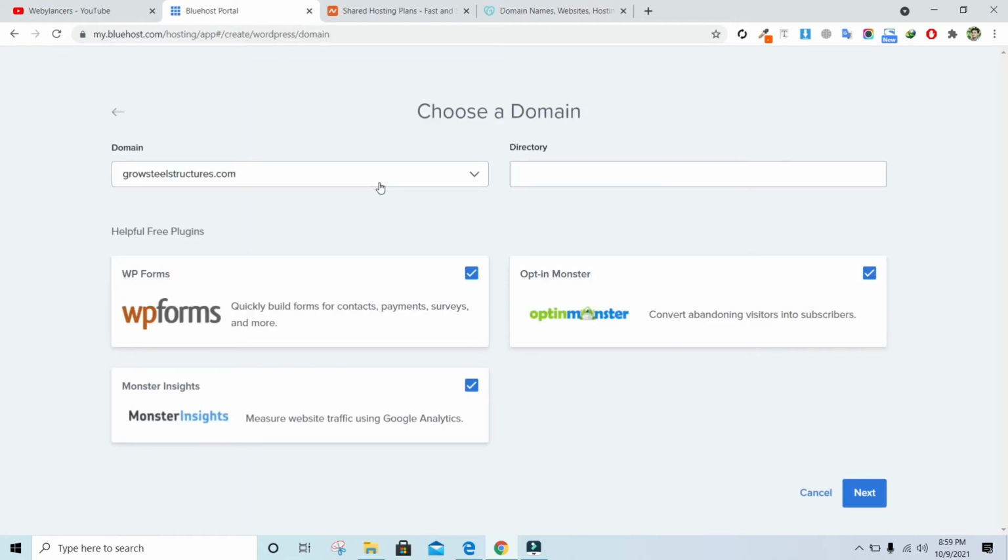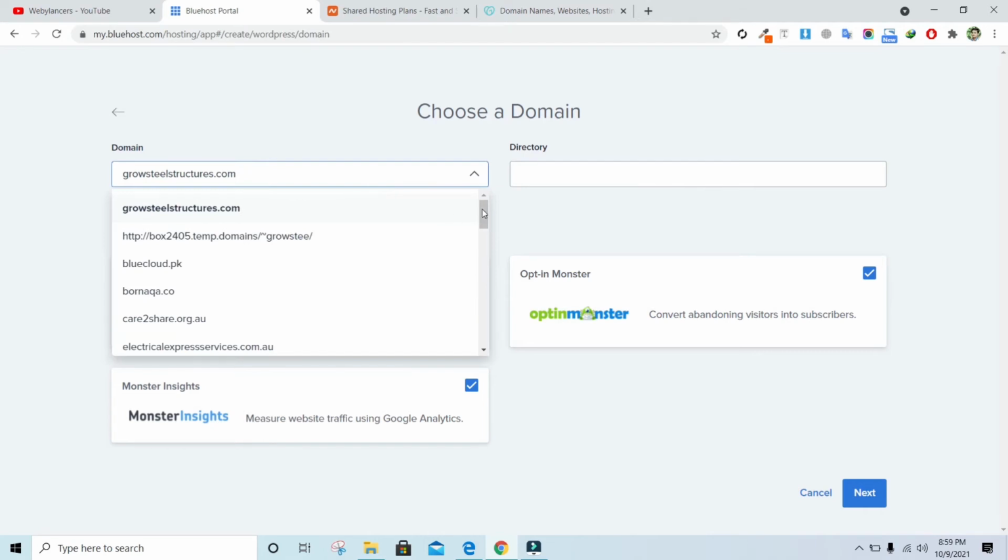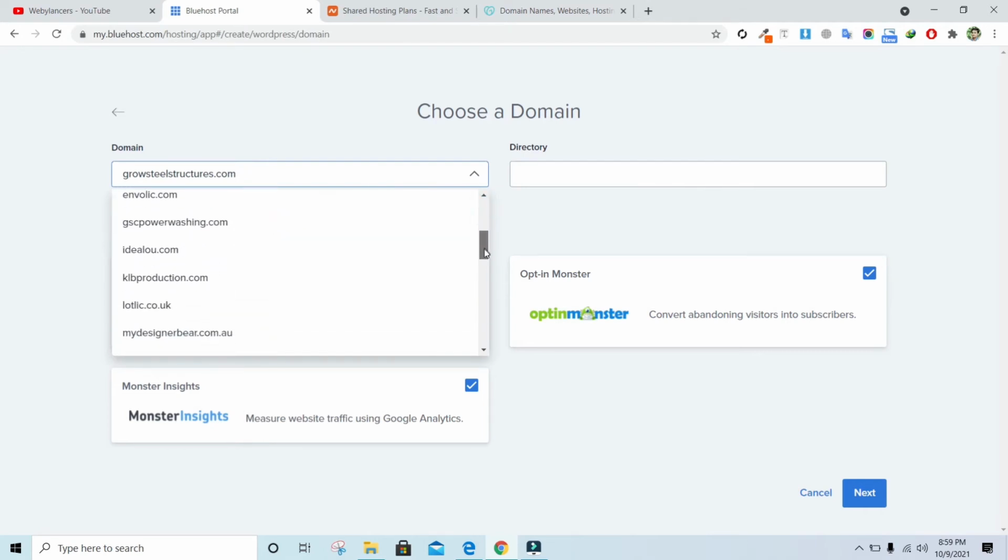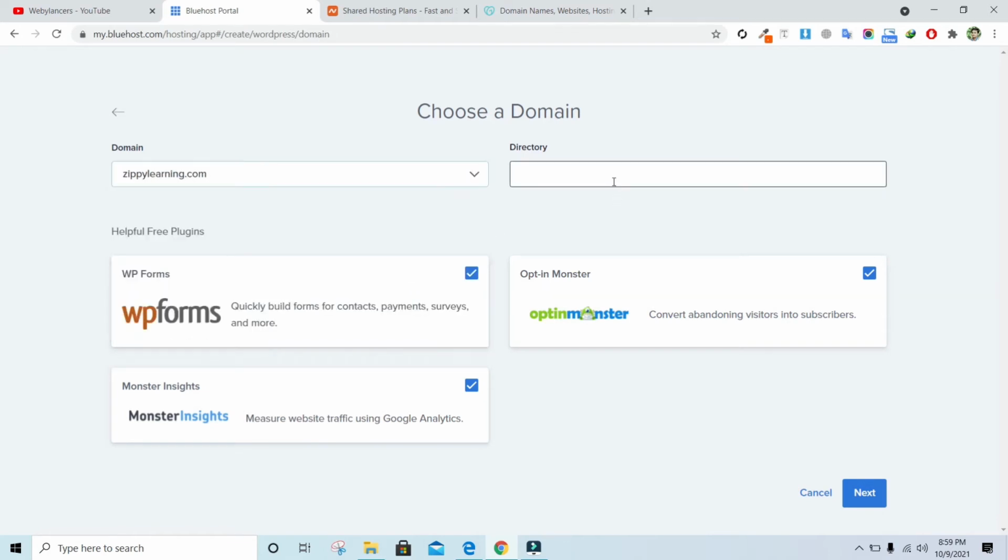Here you need to add your domain, whichever you want to choose. I'm just adding a subdirectory to zippylearnings.com, and giving the directory name. You don't need to do this, you only need to go ahead with the domain, but I'm doing it for testing purposes. If you need WPForms, you can leave it checked, and the same for the others, and then click on next.